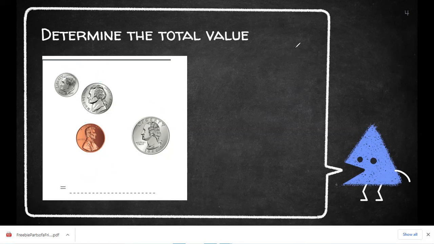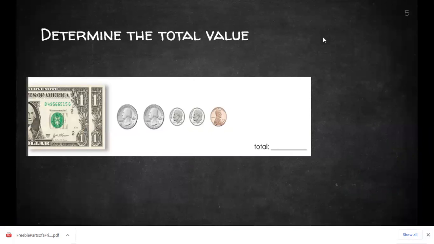So now we are going to go on to our next problem. And we're going to determine the value, but this time we have coins and dollar bills. So remember, this is going to require us to have our answer with a decimal. Remember, dollars go to the left of our decimal, and coins and cents go to the right of our decimal. All right, friends, let's count. So we know we have